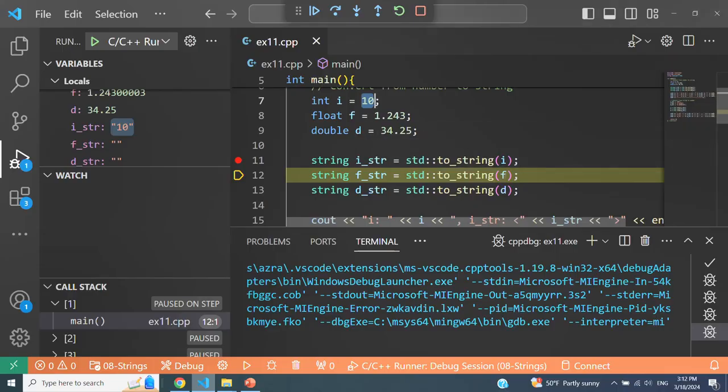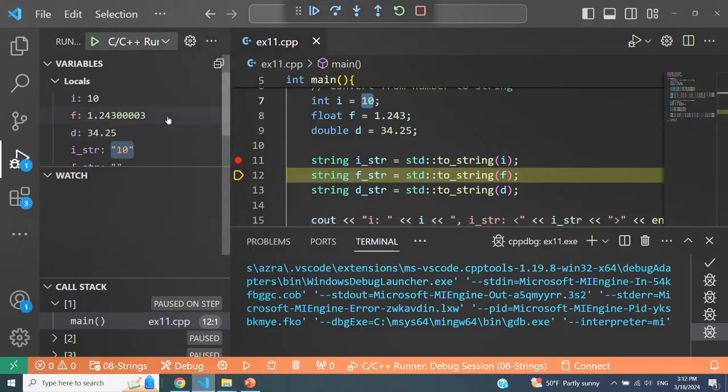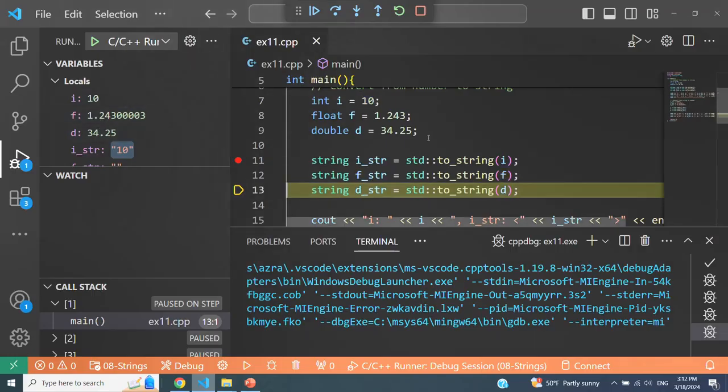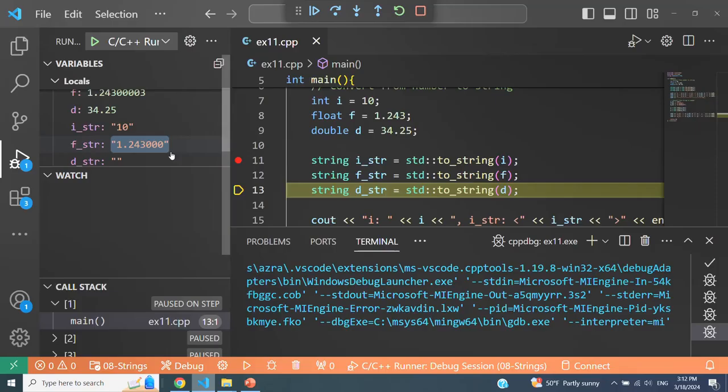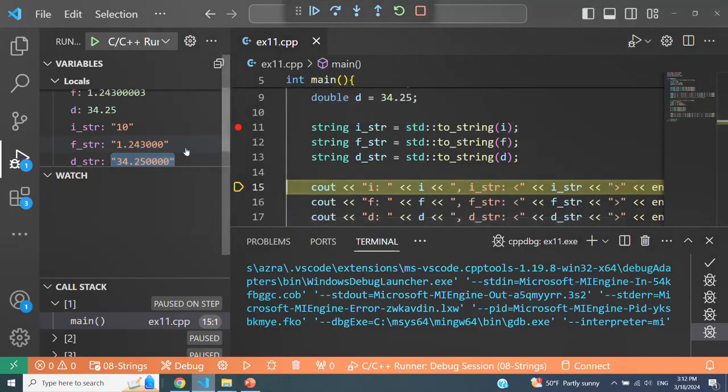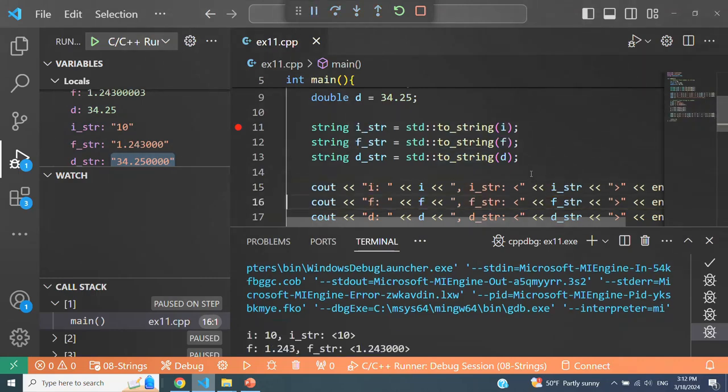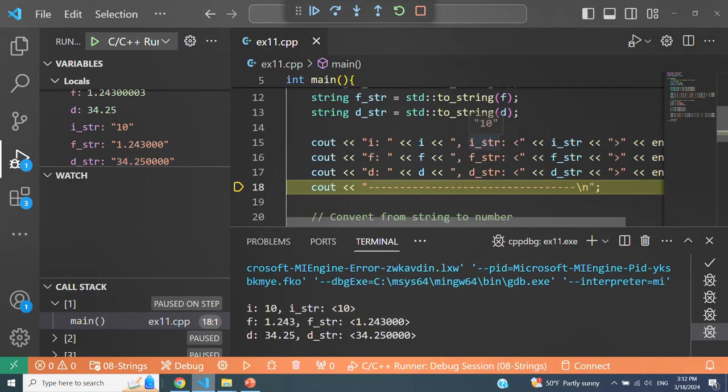And when we make a call to to_string, converting this floating point number into a string, you're going to get a string representation of that floating point number. And when you convert this number, which is a double, into a string, you're going to get a string representation of that double number. All right, so this is what you're getting. Basically, that's what the to_string function returns. And let's print them, and this is what you're getting.